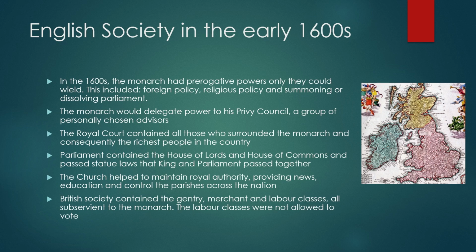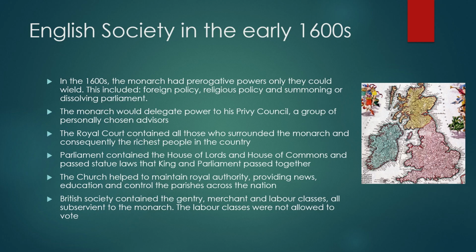We'll say more about what a Parliament is shortly. But a Parliament is essentially where, at this time, lords and what's called members of Parliament would meet up, mostly from the gentry class, and they would be chosen to lead and assist on policy and try to give approval for what the monarch wanted, and, of course, voice what they wanted for the people. Because again, the nation is not just one person. While the king or the queen makes all the decisions, the people in Parliament are the ones who are coming here and trying to have some say and make sure what is being done reflects the interests of the people. In some ways, it was the first move towards democracy that, of course, Britain still has today.